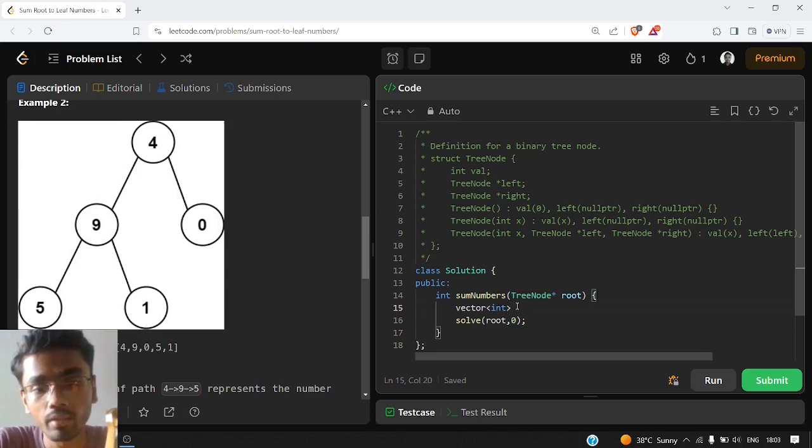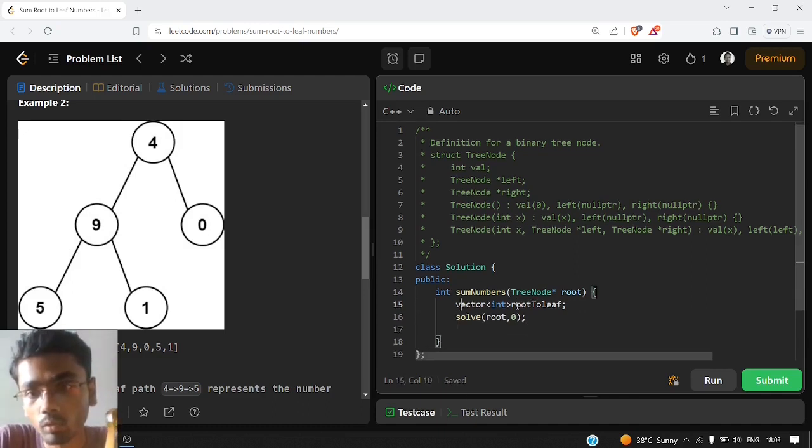Let us say we name it root to leaf. We store all the root to leaf numbers in this vector, and we will also pass this root to leaf in this solve function. In the end we need to take the sum of all the root to leaf numbers.